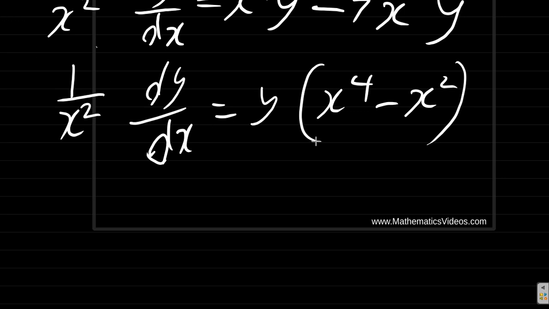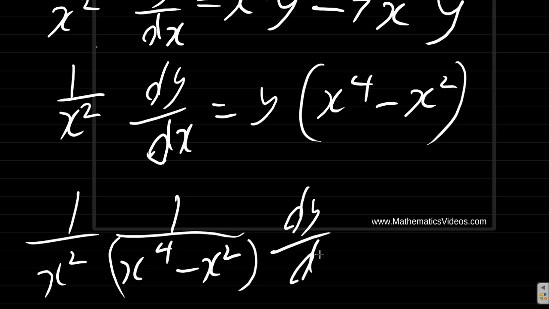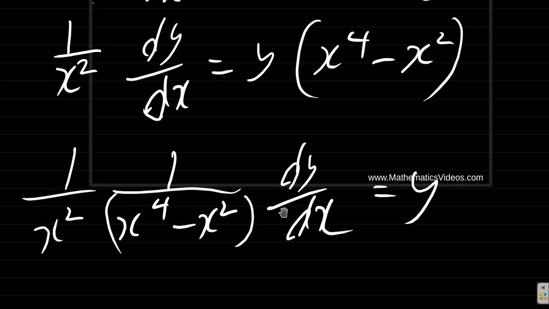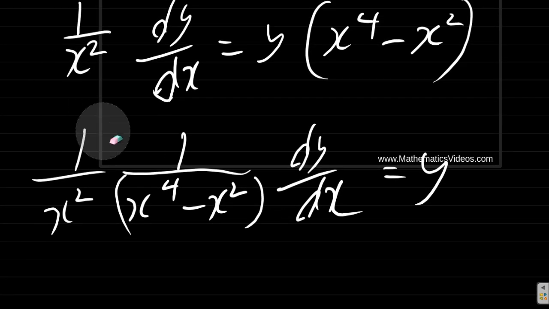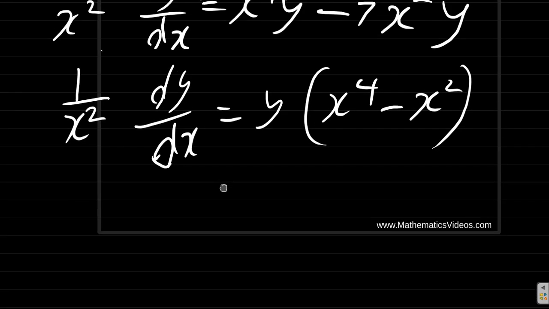What do we do now? If we divide both sides by x to the fourth minus x squared, we're going to have 1 over x squared times 1 over x to the fourth minus x squared dy by dx is equal to y. Oh, guess what? I see. No, this is not what we would do. Instead of dividing by x to the fourth minus x squared,